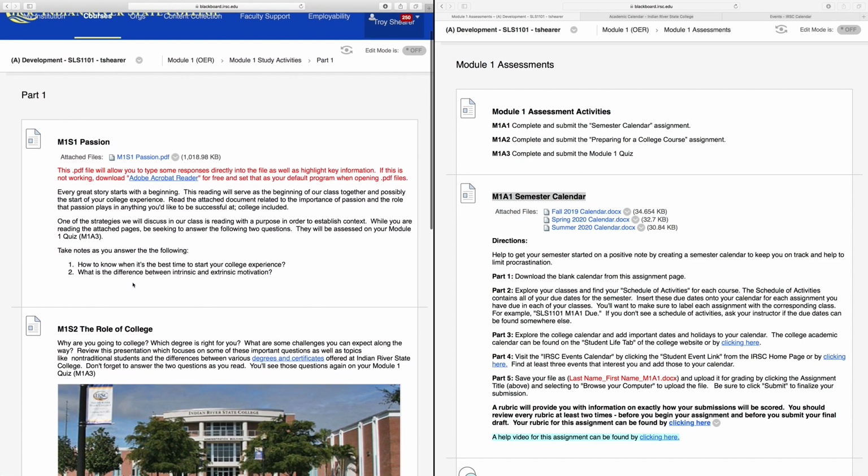There are three study activities. Module 1, Study Activity 1 is titled Passion. It is an open educational resource, so this takes the place of your textbook. You'll click this file here and read a few pages about the content involving passion. These files load best with Adobe Acrobat Reader. If you download that program, it will allow you to highlight your text. It will also allow you to put in answers and notes directly into your reading,